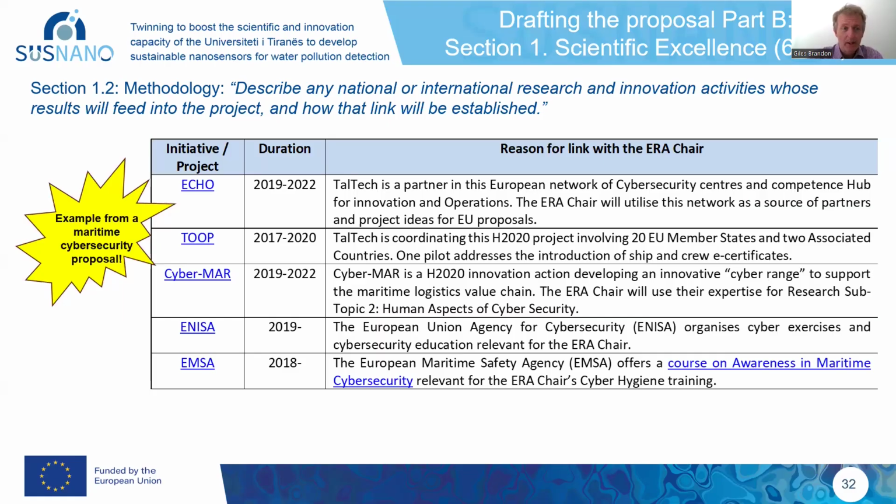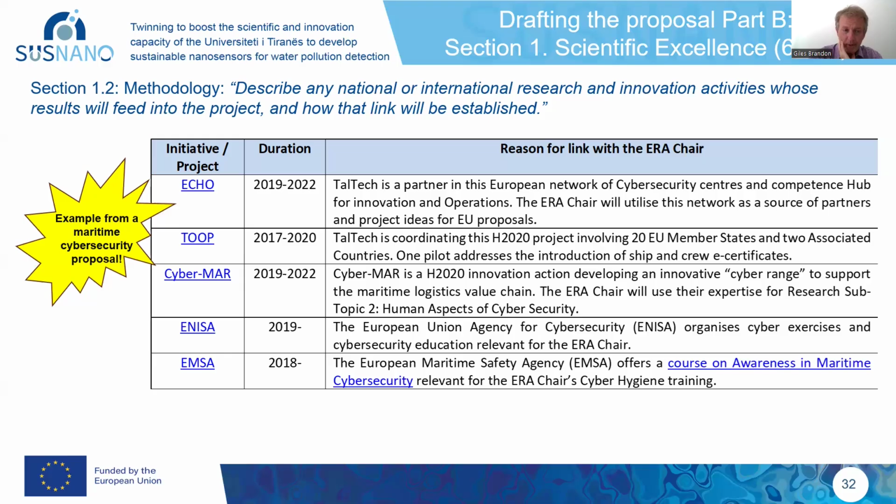An ERA chair is a scheme under the widening program which provides generous funding of up to about €2.5 million to, in essence, fund a professorial position and a research group at a university or public research institute in a widening country. Now, in this case, it was an ERA chair professorial position dedicated to maritime cybersecurity at Taltech